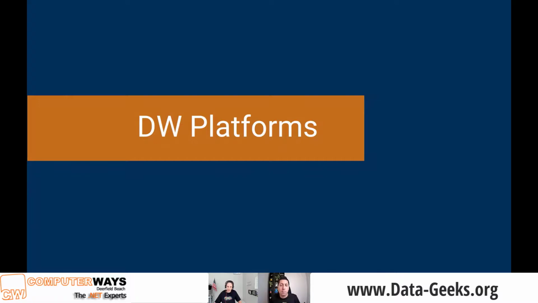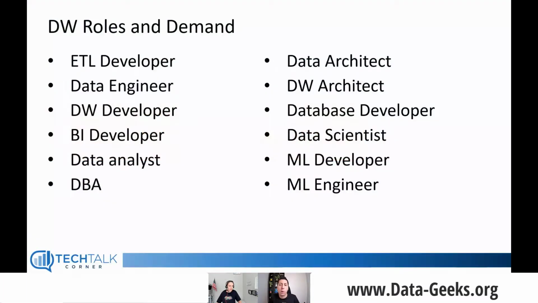And I don't know about the USA, but from what I've seen, salaries are just going up. They're ramping up, and that's not going to change. Right now, there's a shortage of skills. So if you're looking for new opportunities, 100%, you can start exploring data warehouse solutions and opportunities. And I want to share a few resources at the end of the presentation with you, some books that might be helpful.